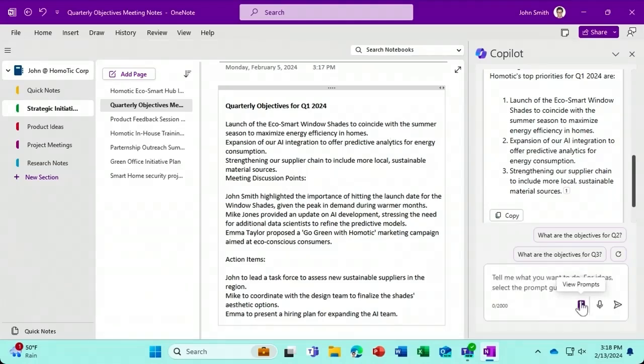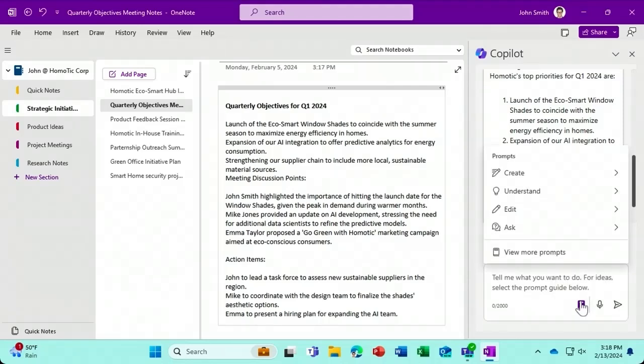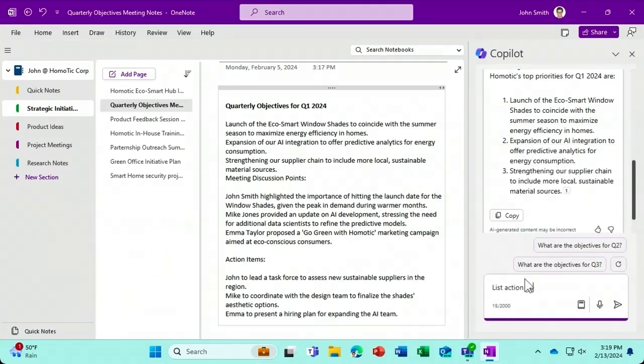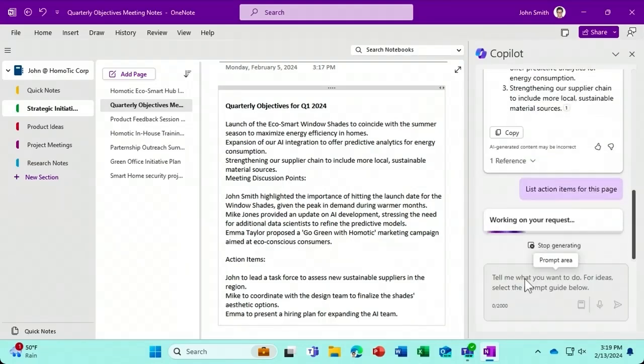Click View Prompt to see ideas grouped by category: create, understand, edit, and ask. Or enter a custom prompt. I'd like to extract action items from the current page of notes, so I'll click inside the Compose box and enter a custom prompt. List action items for this page. Again, press Enter,